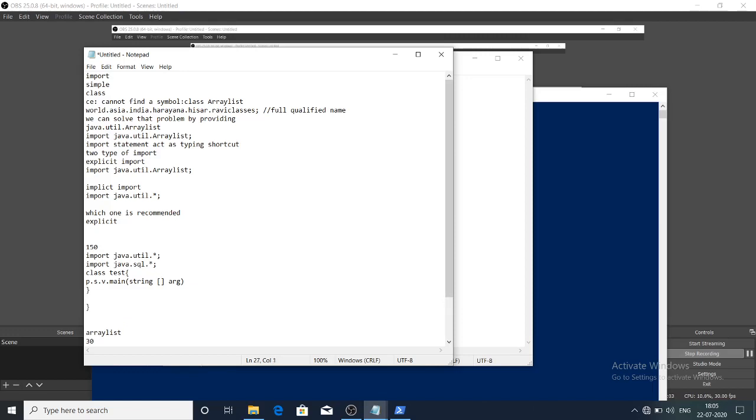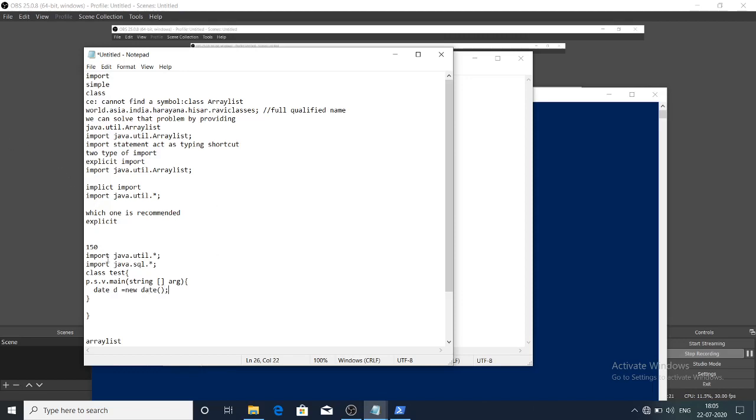In that I take one Date class. So the compiler says, where is the Date class.